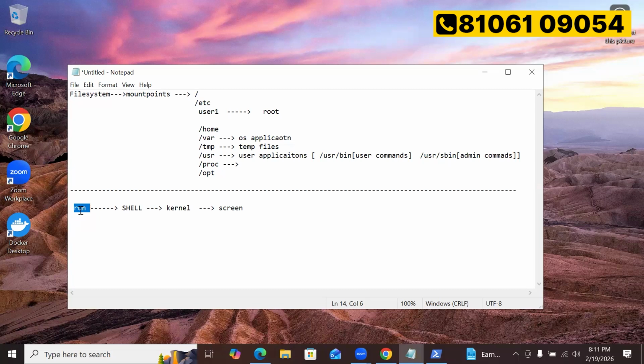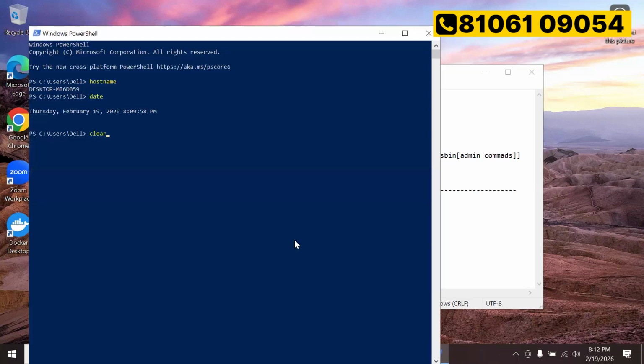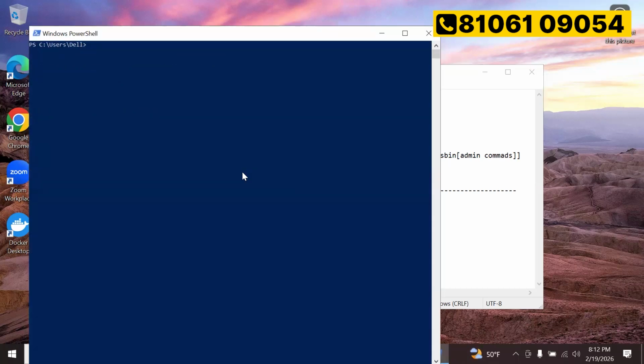What are the different commands in Linux? As of now, I haven't shown you what the Linux operating system looks like, so we'll look at that. Some of the common commands in PowerShell will also work. Let us say date. Treat this as Linux for now. If you run the command date, it is connected to the kernel, and the kernel has responded with some output, which is shown on your screen.